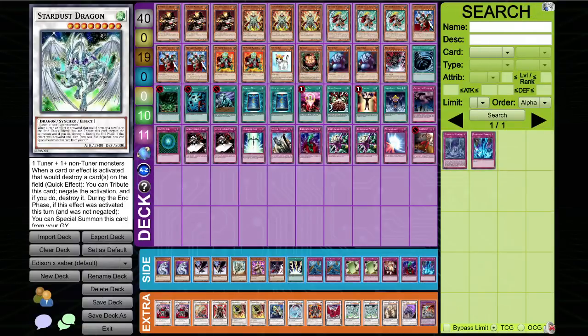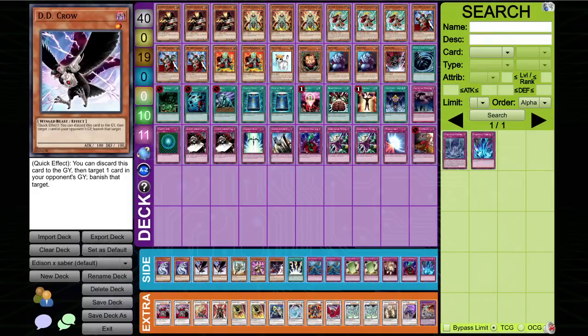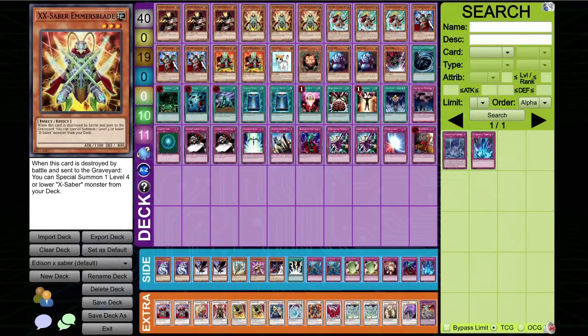We're playing xsabers. I took my famous, and by famous I mean meme list. That's like 48 cards, and I cut it down to 40 cards. So we got a pretty serious xsaber list here, and the reason I got to play a serious list this